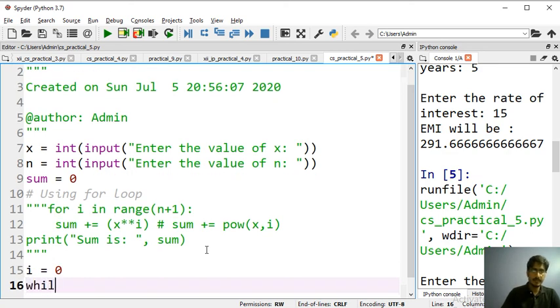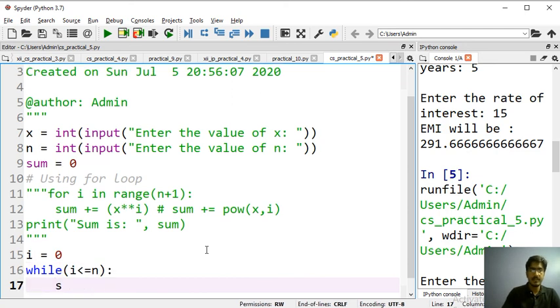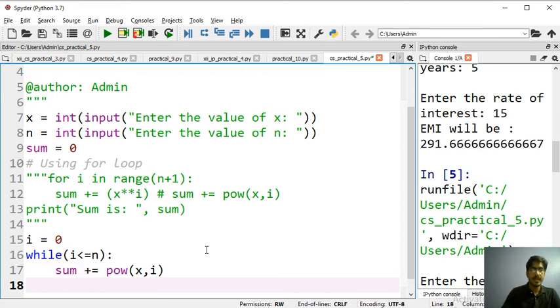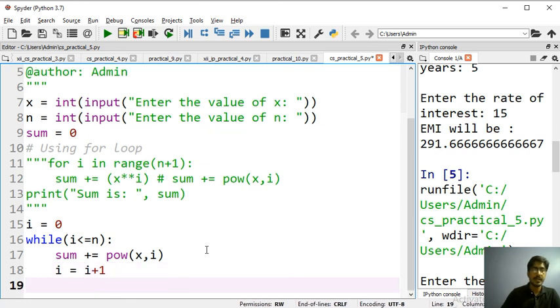While i is less than or equal to n, I will do sum plus equals x double star i, or let me do it here with power, so both functions are shown. Then you need to increment the value of i, otherwise it will be an infinite loop and we will not get the output. i equals i plus 1, or i plus plus, you may write.